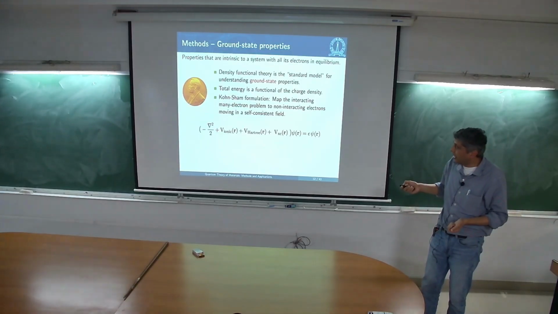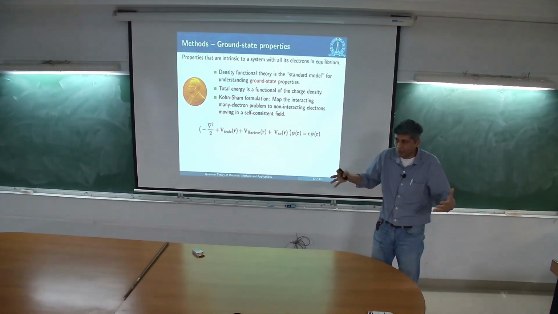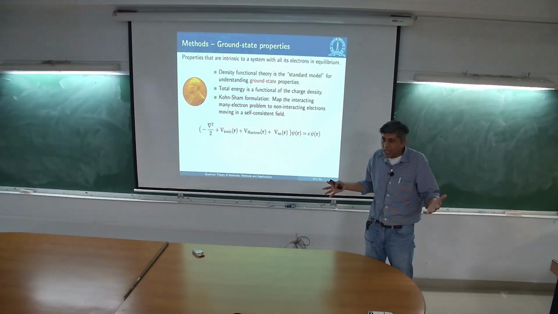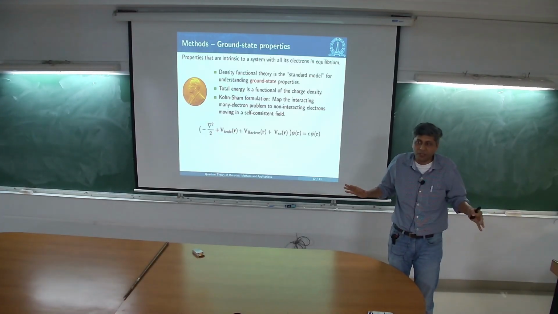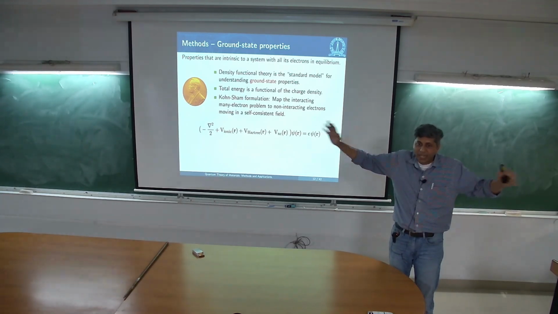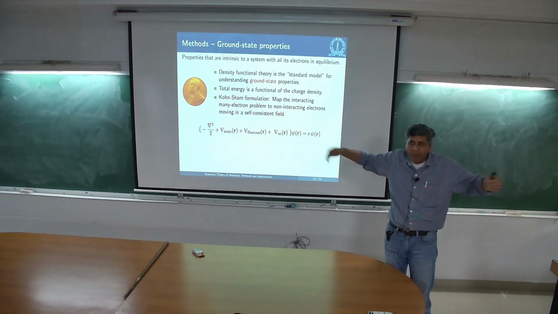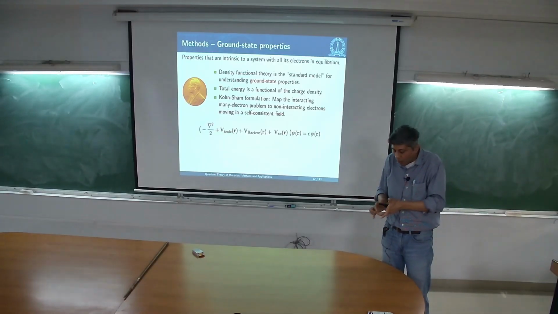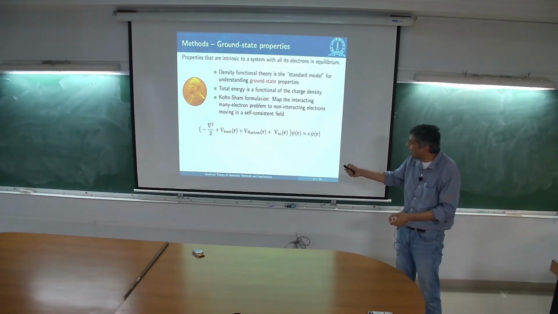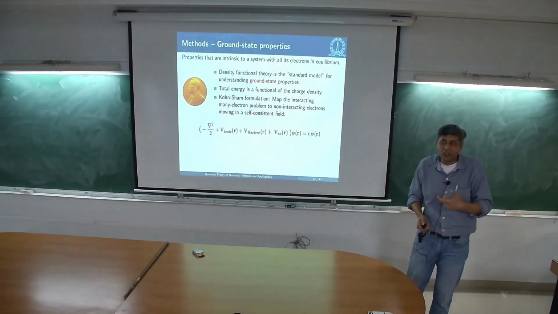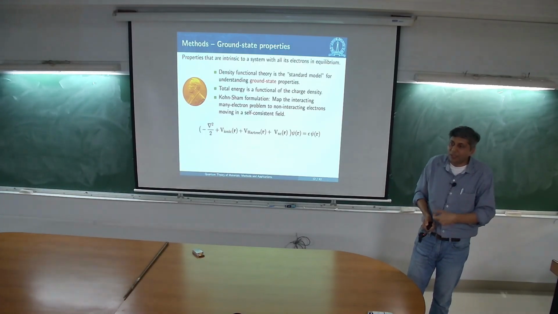You have this very large number of degrees of freedom. Think about it for a second. We talk about wave functions, this many body wave function, which has Avogadro number of variables that I still have to deal with. What this theory is saying is that you can write the entire thing in terms of just the electronic charge density. This is a remarkable statement.